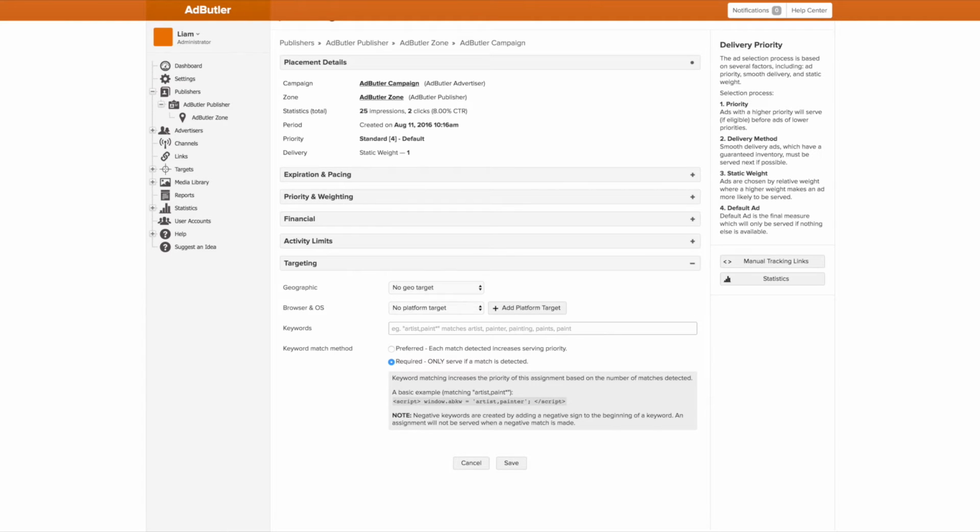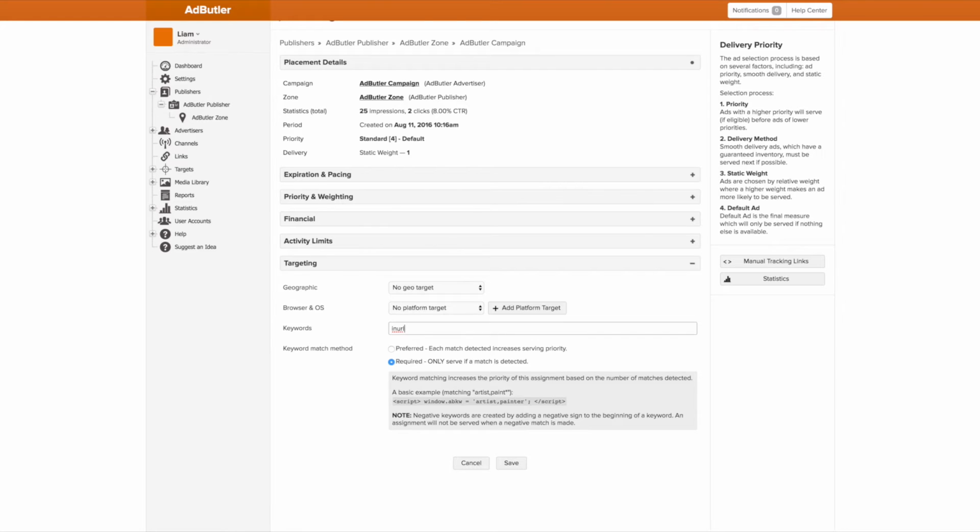First, we have in URL targeting, which would look like this: in URL : and then the keyword, in this case cooking. With this macro, the entire URL is used as a keyword. AdButler then looks in the URL for the keyword we ask for. This is especially handy if your website uses categories or tags and they're displayed in the URL. For instance, if you had a news category for your website and you had banners you want to display in the news section, we could just replace cooking with news as long as that news category is surfaced in the URL. The great thing about using in URL targeting is you don't need to actually run any scripts on your page to declare the variable because we're looking in the URL.